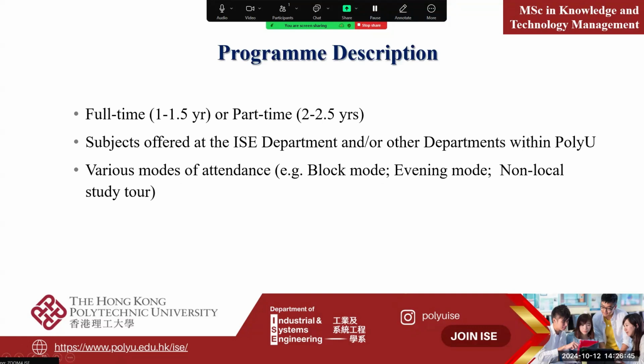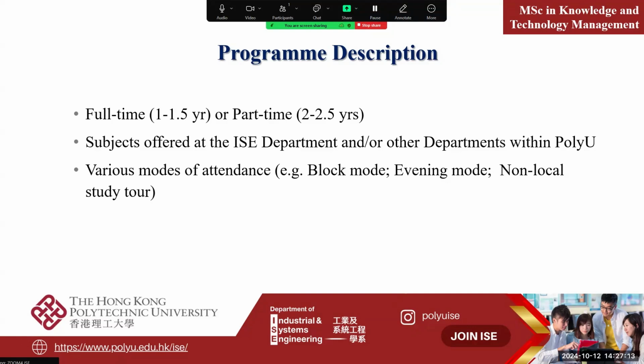Similar to the other programs, for a master degree normally a lot of students will finish their degree in 1 year or maybe 1 year and a half. How can they achieve this? Some students work harder and study 5 subjects per semester. After 2 semesters, they finish their master degree. Some students would like to take fewer subjects, so they will finish in 1.5 years.